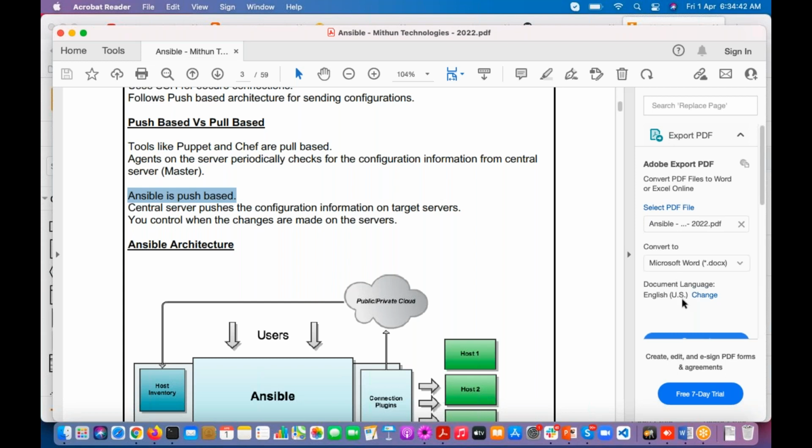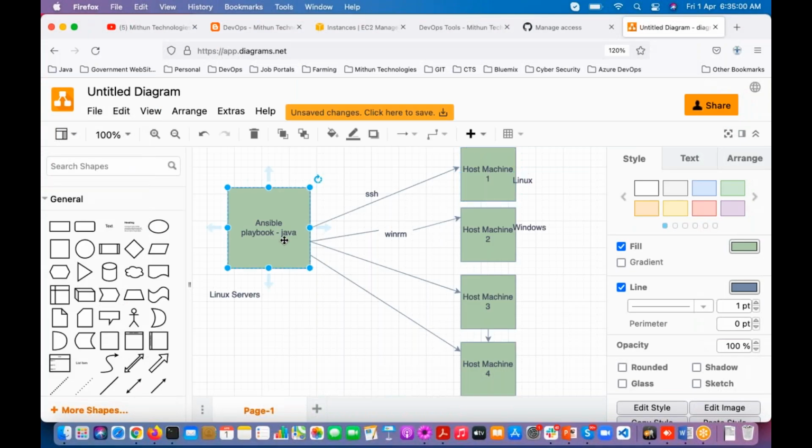Suresh is asking, Ansible is developed in Python, but why are we using YAML for playbooks instead of Python? See, if you use Python for writing these playbooks and want to run that Python program on the host machines, what do we need to install first? We need to install Python.